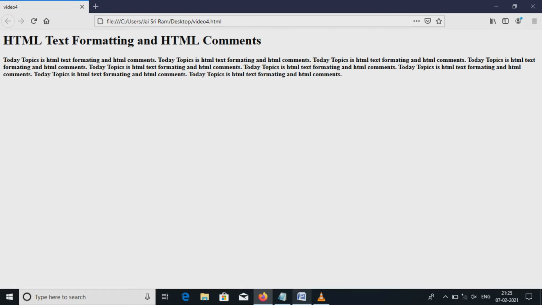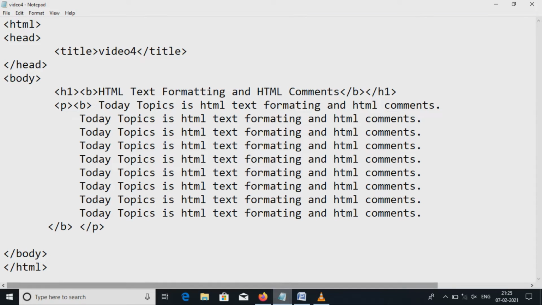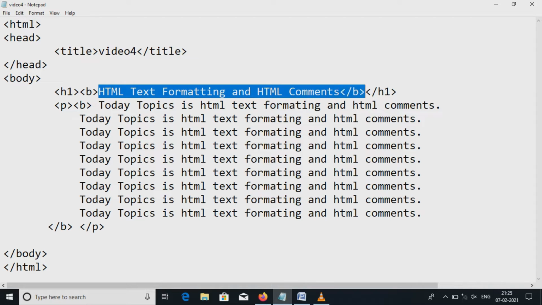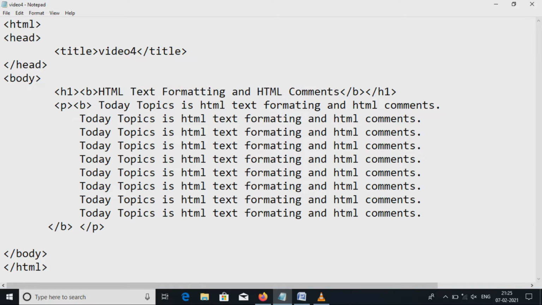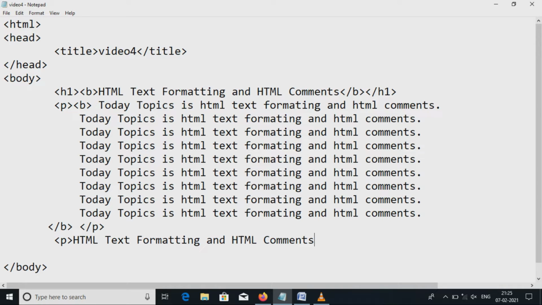So I am using another paragraph. I am copying this tag and we take another paragraph. So first b. Now using control paste and close this paragraph.